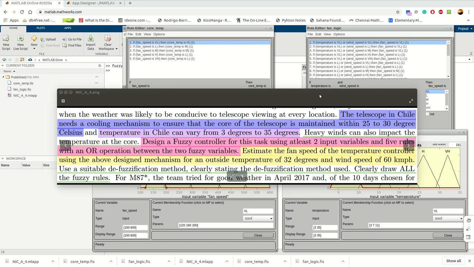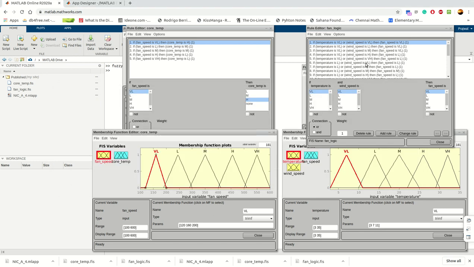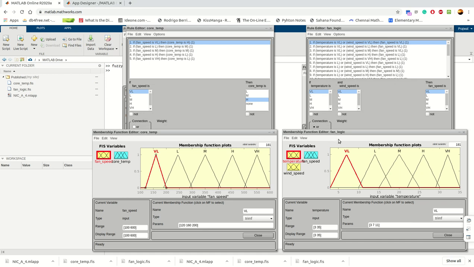So for this I have created two fuzzy logic systems. One is for maintaining the fan speed and one is for maintaining the core temperature based on the fan speed. This fuzzy logic system gives us the fan speed based on the two input variables, temperature and wind speed. For temperature I have created five membership functions, each a triangular membership function. The temperature range is from 3 to 35 degrees Celsius,